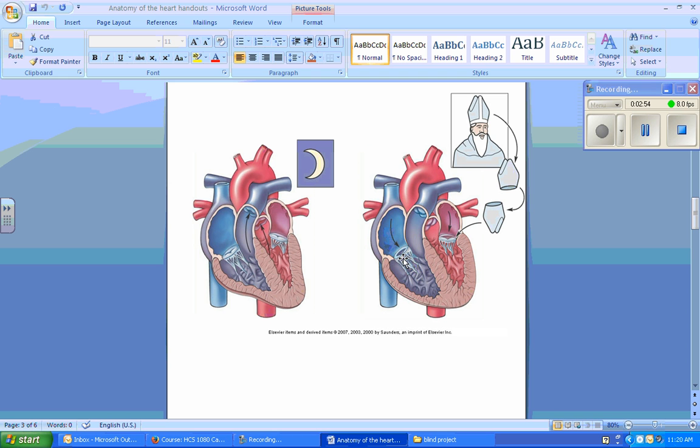It cuts off that circulation, and it forces that blood up through the semilunar valves: the pulmonary semilunar valve up here going to the pulmonary circulation, and the aortic semilunar valve here going out to the aorta from the left ventricle. Okay, so